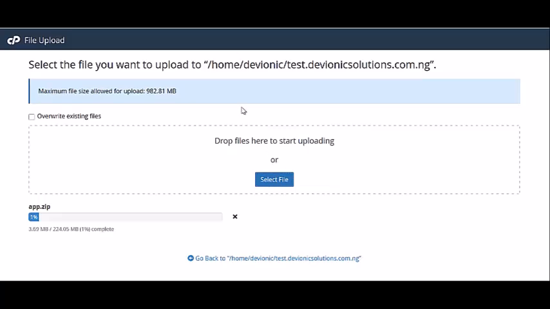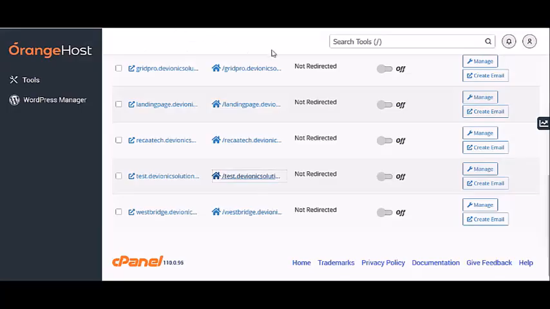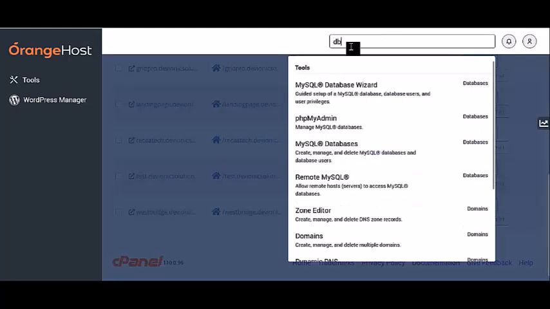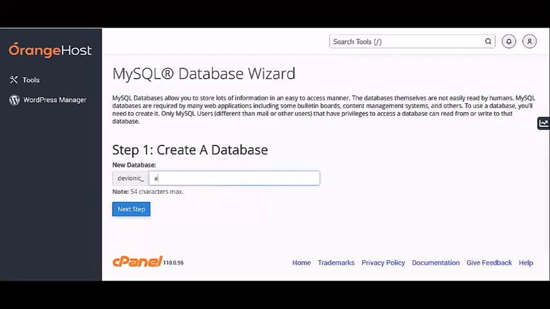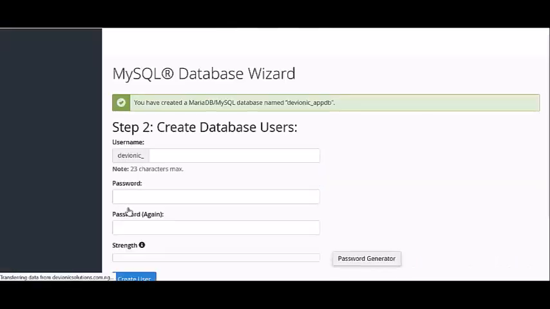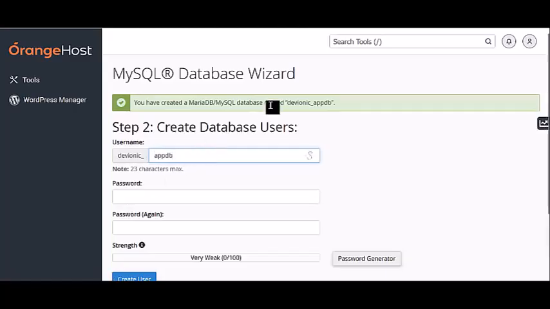So while that's uploading, go back to your database, search your database wizard, click on that, and I have to create a database that will actually connect it. Right, so click on that, I'll just call this app. Okay, call it app DB. Right, click on next step. Click on next step and click on this